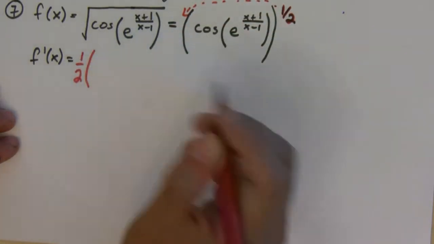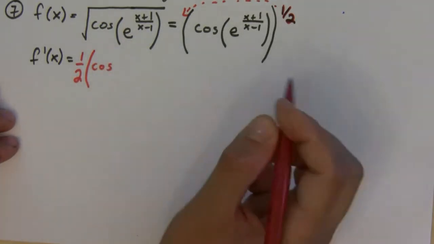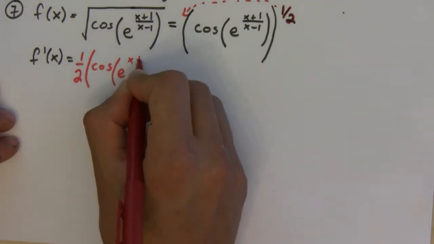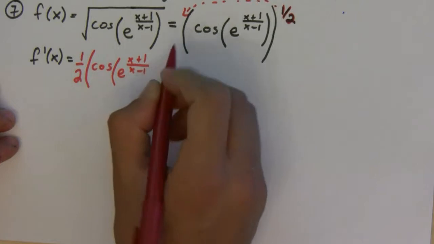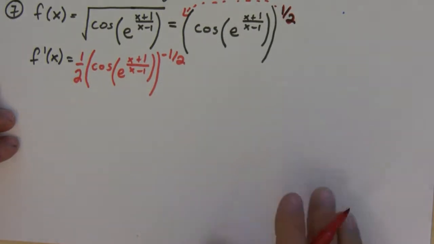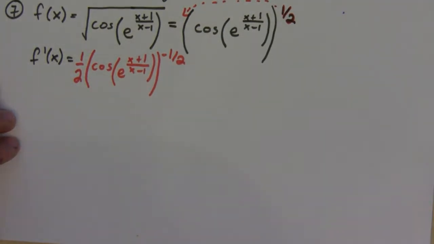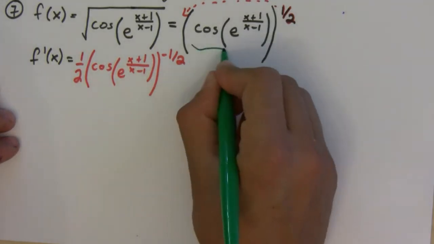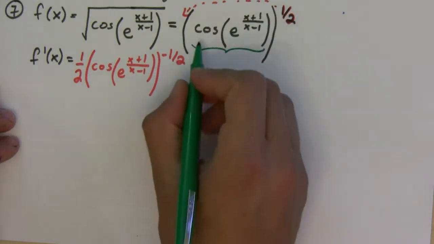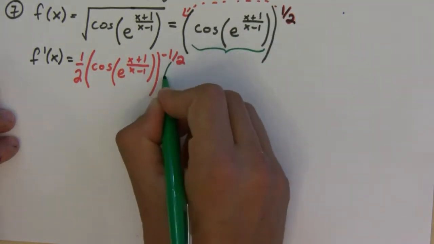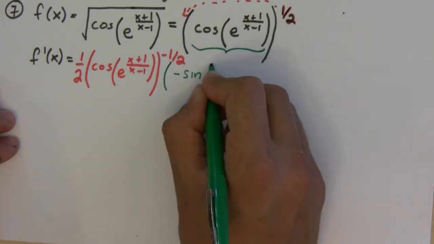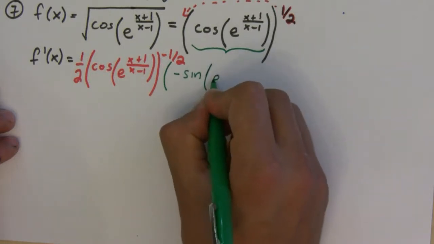1/2, and then you leave the inside alone. Everything inside is going to be left alone. So cosine of e to the x plus 1 over x minus 1 to the minus 1/2. Okay, and then we get the derivative of the inside. So the derivative of cosine of this stuff is, so that's going to be a negative sine of the inside, leaving it alone,